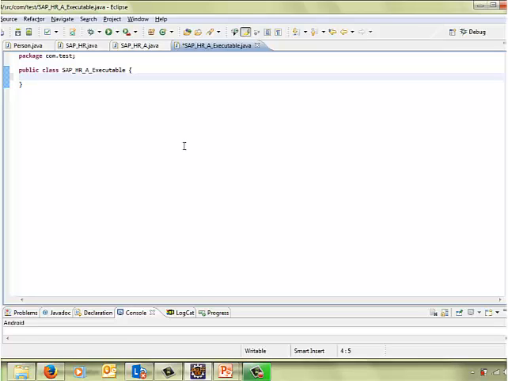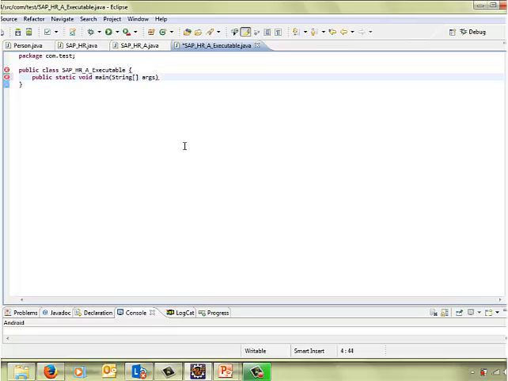The standard signature is public static void main, and the only parameter we need is a String array